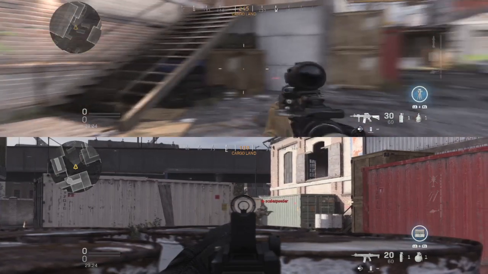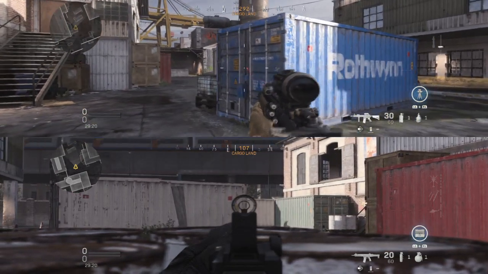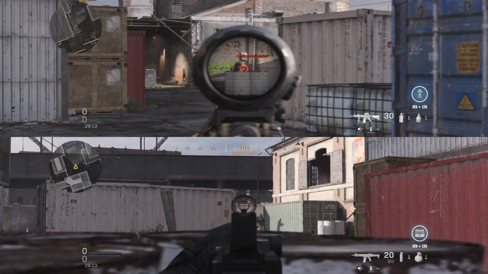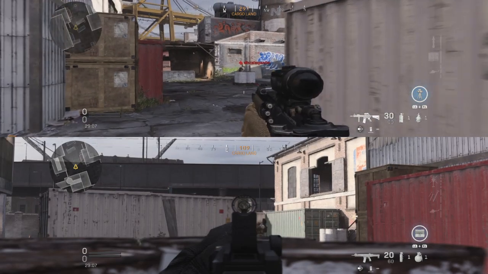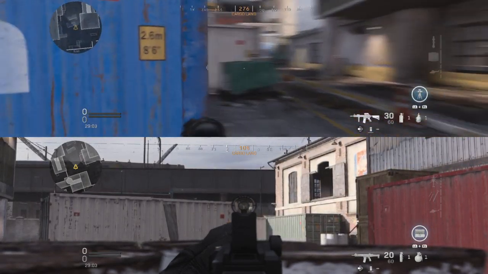So, the bottom guy thinks he's just tucked in behind this barrel, nice and safe, just poking my head and my gun over the top. Well, actually, mate, I can see all your... I can see your shoulders, I can see your head, I can see an awful lot of you. So, in fact, we can probably do another example where if I come around from this direction...